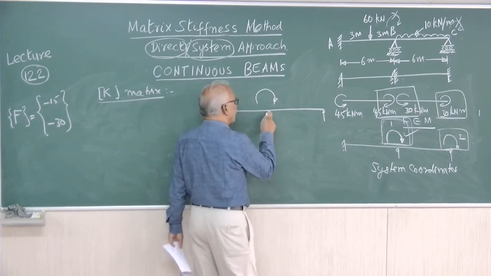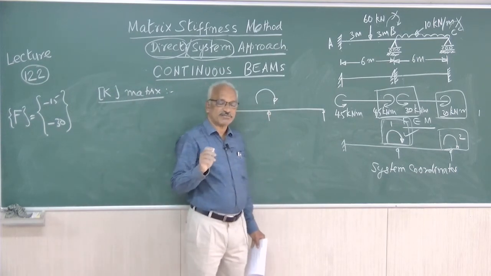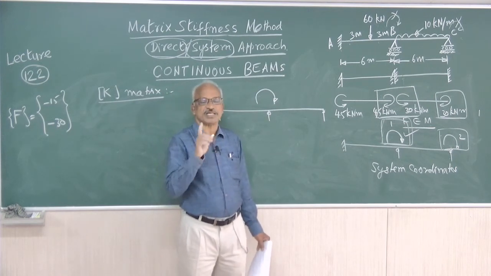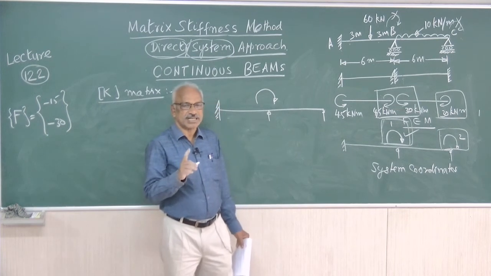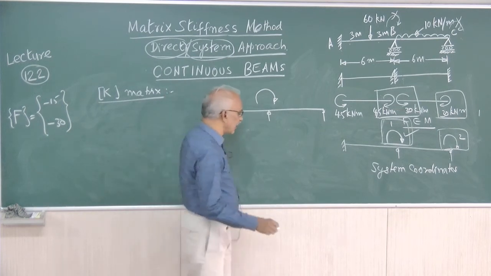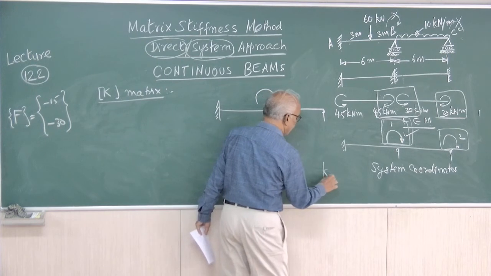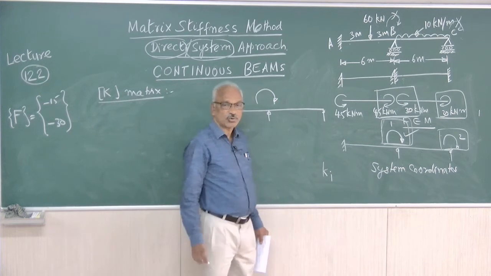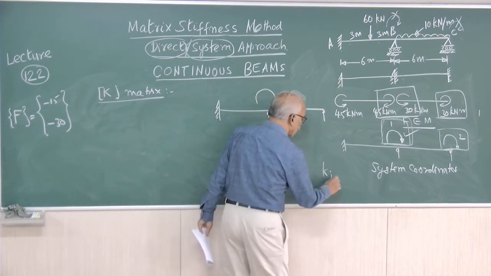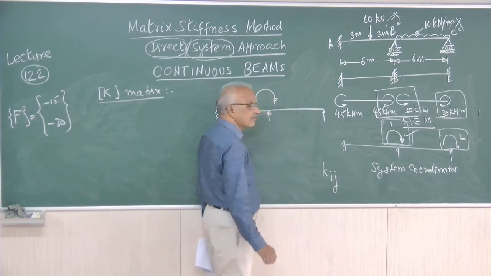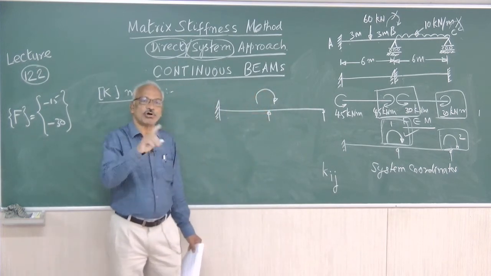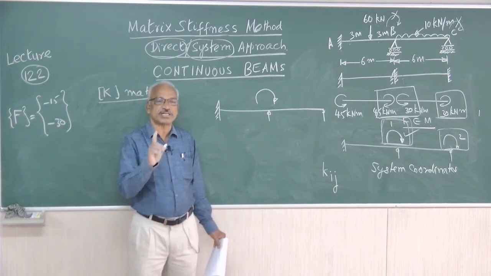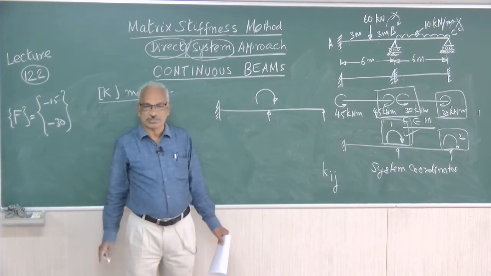And when you apply a displacement, we know in the definition of the stiffness coefficient, we have to apply one displacement at a time, because Kij, as we have already discussed, stands for the force developed at coordinate i due to unit displacement at coordinate j, with the condition that no displacement occurs except at j. That is, we have to apply only one displacement at a time. We have to arrest all other displacements.